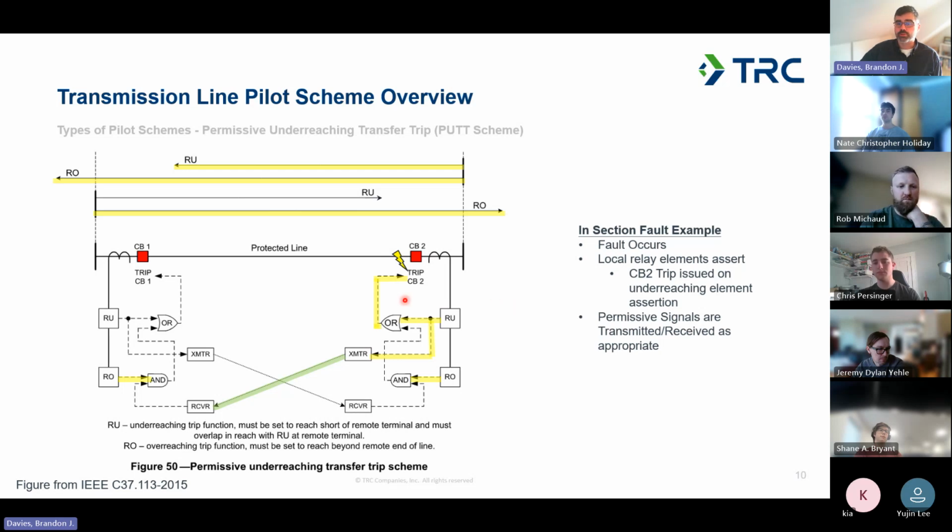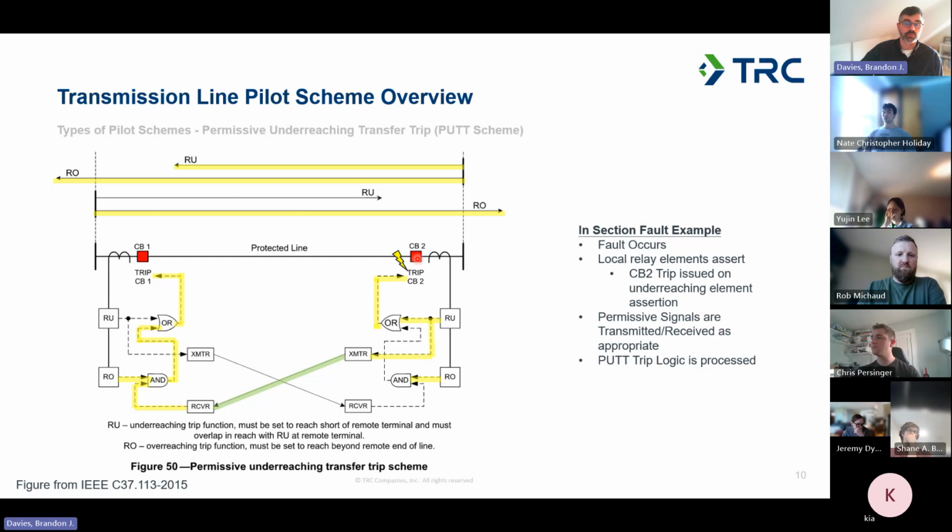We send a permissive signal at the same time as the trip is being asserted. We are sending a permissive signal to the remote end. This is sending permission, allowing the remote end to trip on its overreaching element. And then the logic is processed on the circuit breaker 1 side and on the other side, though this AND gate here doesn't get satisfied because there's no permissive signal received. But there isn't needed one, because you've already directly made a trip decision based on your underreaching